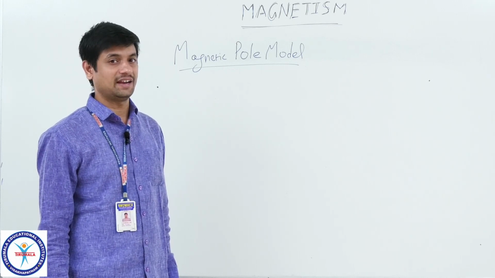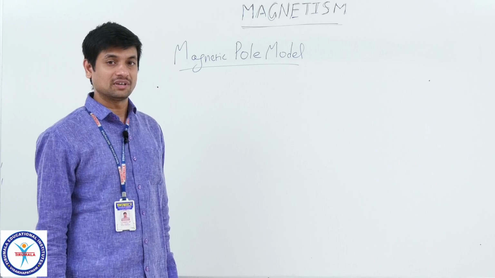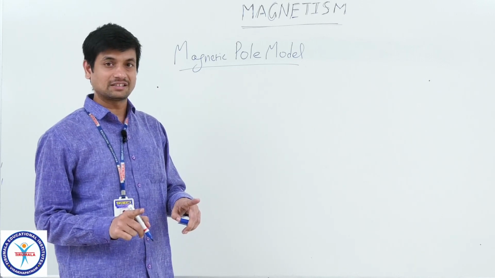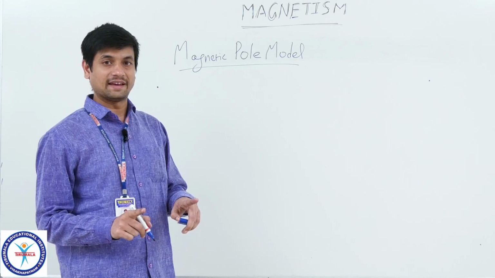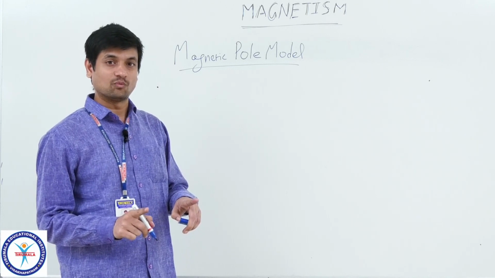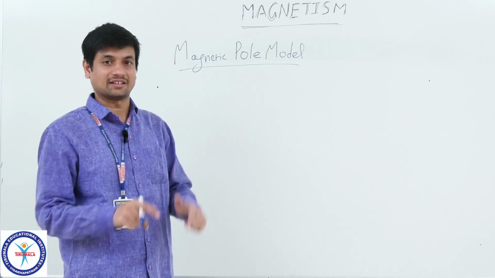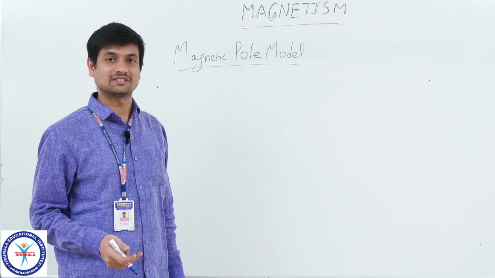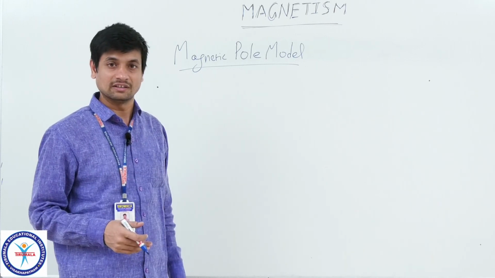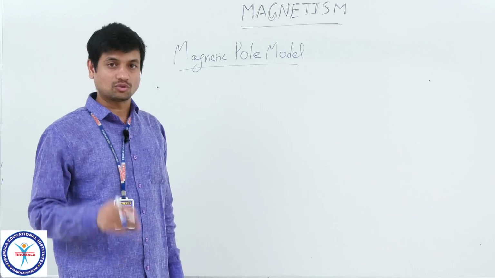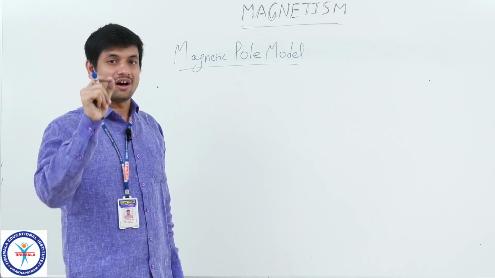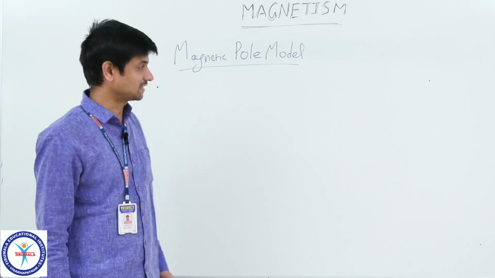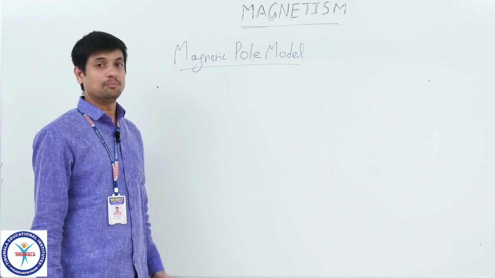Hans Oersted and Andre Ampere. He observed that when two parallel wires are kept, and the current is passing in those two wires in one direction, what happens? They are attracted. If the current is reversed, even though they are parallel to each other, they will be repelled. So, due to all these observations, till now we have understood what magnetism is, but now we are going to understand magnetism based on the pole model.